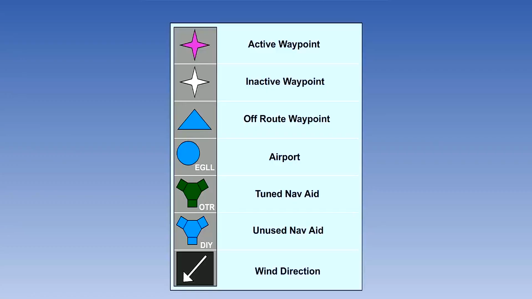This white arrow appears in the bottom left corner of the EHSI display and shows the wind direction relative to heading or track, whichever is selected. This example means that the wind is from 1:30. It would only mean that the wind was from 045 degrees if the aircraft were heading north. Let's start by looking at the full VOR mode, so let's select VOR with the control knob.